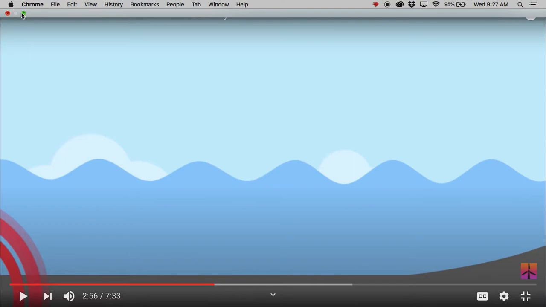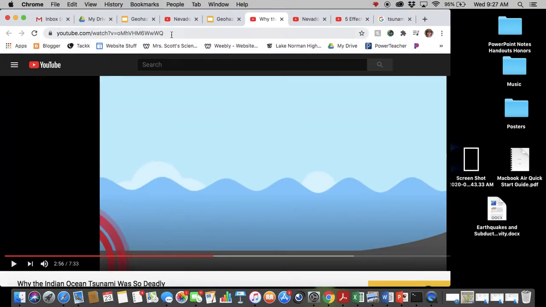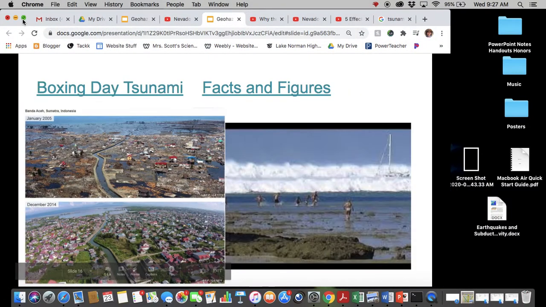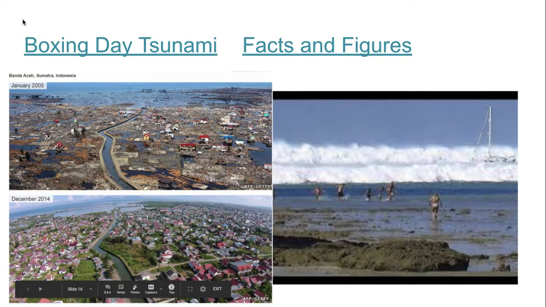All right, so we'll pause it there. So again, just like with the lahar that hit Armero and Elmira and her family, these folks didn't realize what the warning signs of a tsunami were. They didn't have any warning like, hey guys, there's a tsunami coming. Y'all might want to head inland, friends.